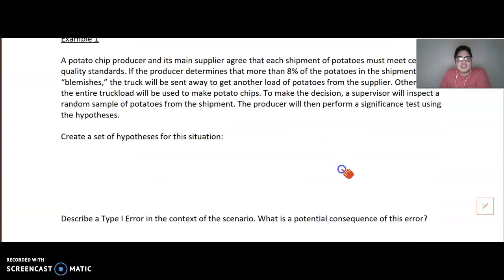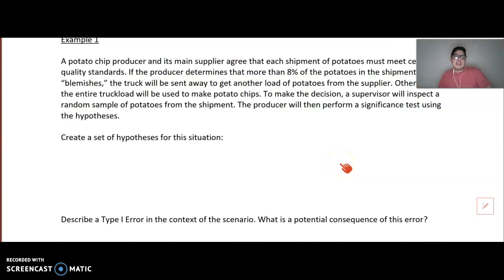Now let's look at some situations. So suppose that a potato chip producer and its main supplier agree that each shipment of potatoes must meet certain